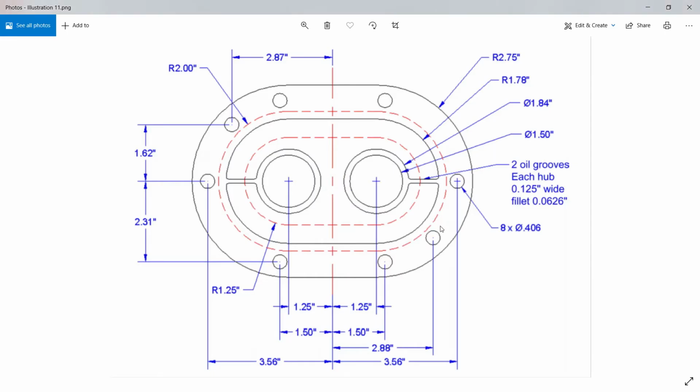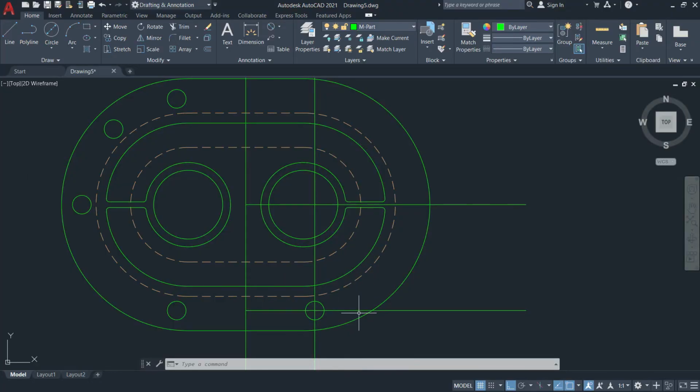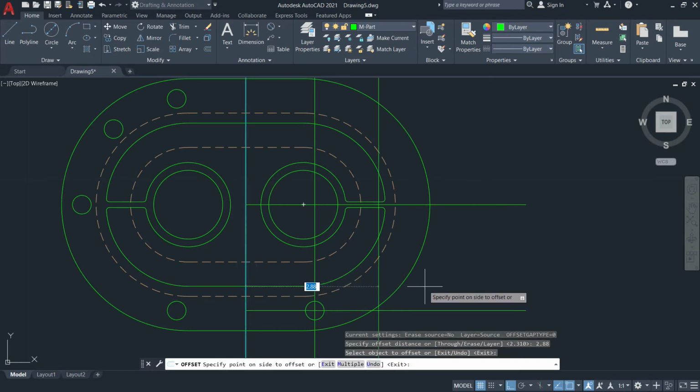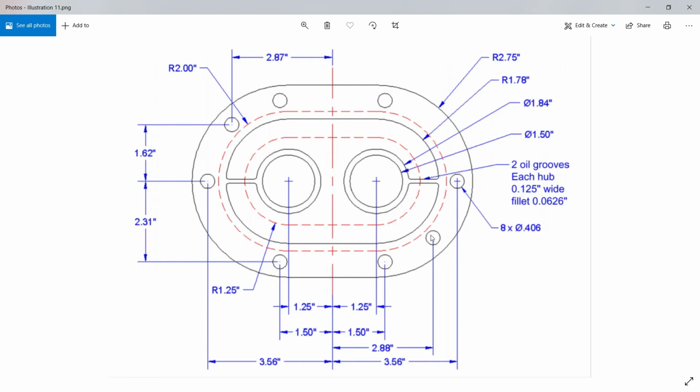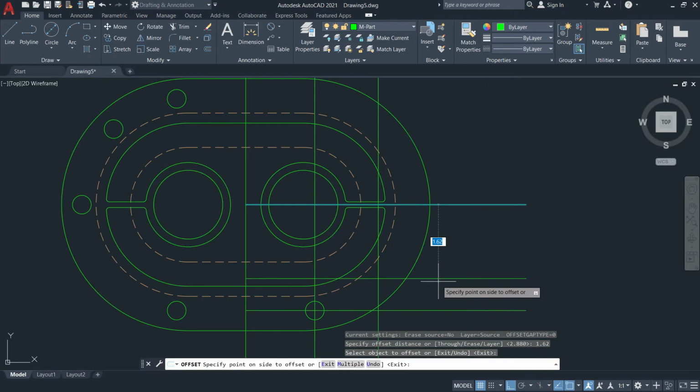And then I would create this one again, 2.88. So this has a measurement of 2.88. It is different from this one. So I'll just offset 2.88 on this side, and then I'll offset how much? 1.62, somewhat similar to that one. So offset 1.62 downward. Okay, point of intersection is